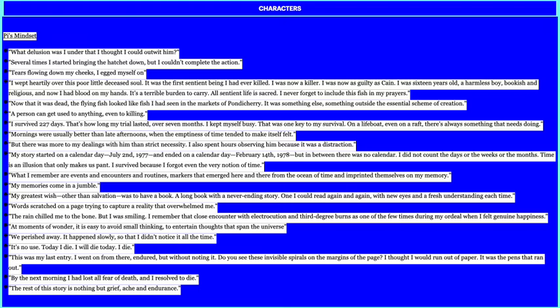So you can see the hopelessness, the idea of he starts off with this fierce will to live, but this journey takes its toll on him and on his mental health as well, and his sanity. "The rest of the story is nothing but grief, ache, and endurance." So that's an understanding of the last part of the journey being extremely difficult. And as much as the first part of the journey he was dealing with loss, the second part of the journey is also difficult. He is extremely weak and exhausted from this ordeal,